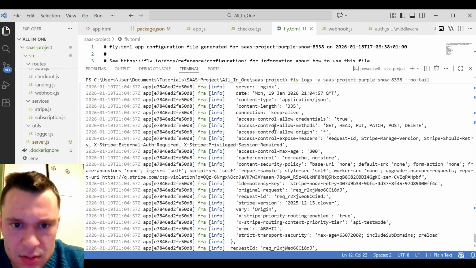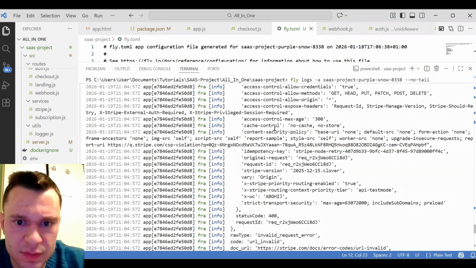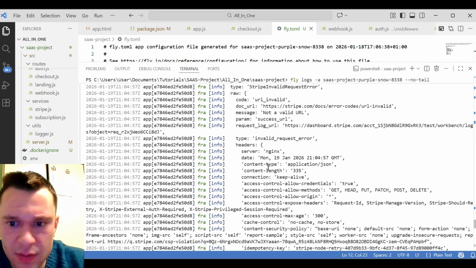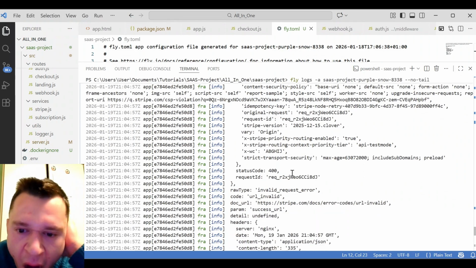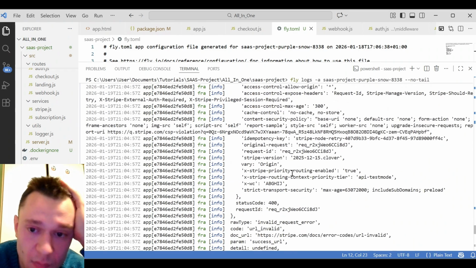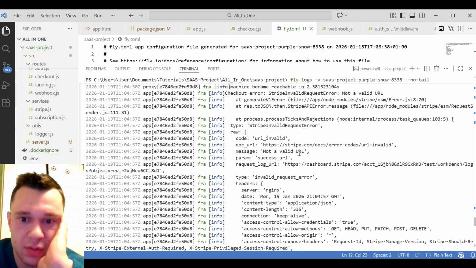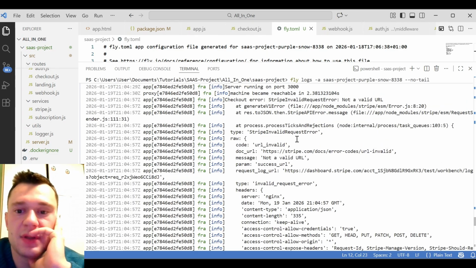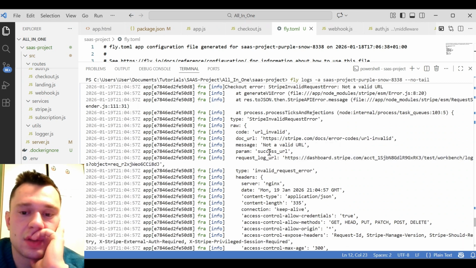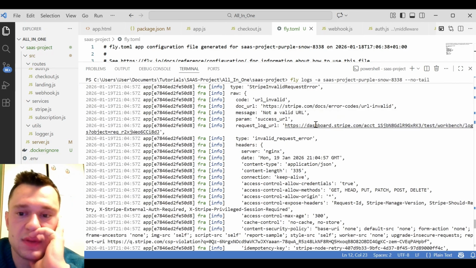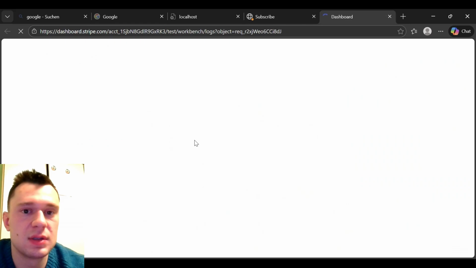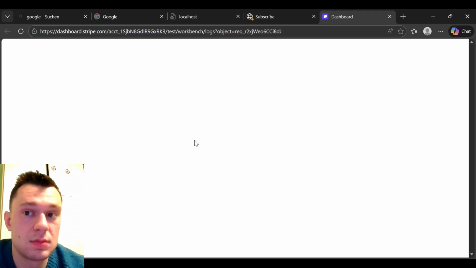Okay, where's the error? Invalid request error. Okay, this is really weird. Dashboard Stripe, no valid URL. Okay, no valid URL. Stripe invalid request. Request log URL, invalid request error. And this is what is here. I open this link. Will get sent to